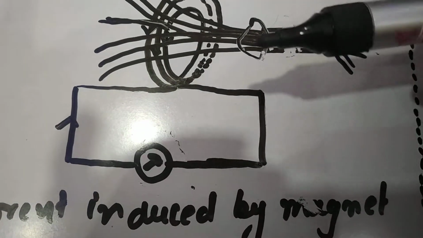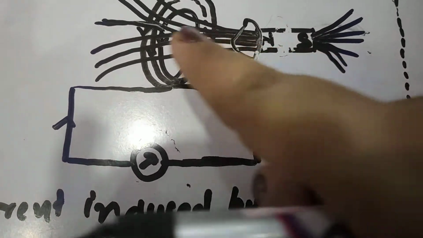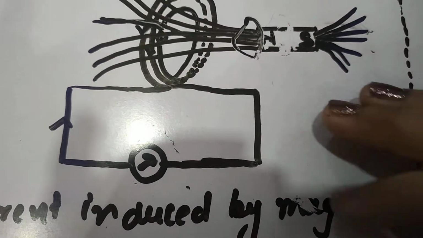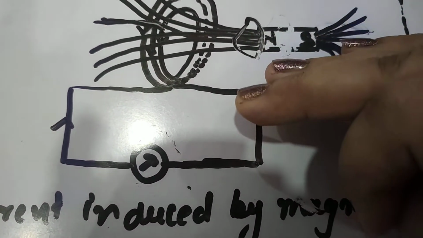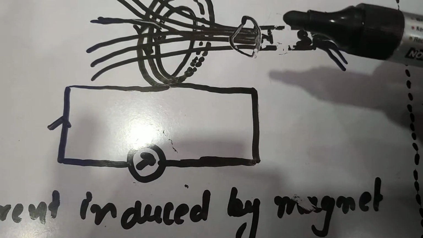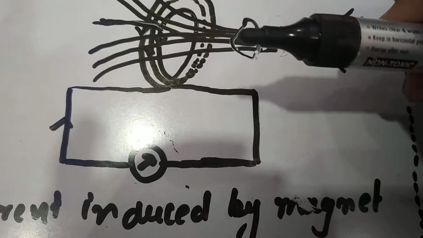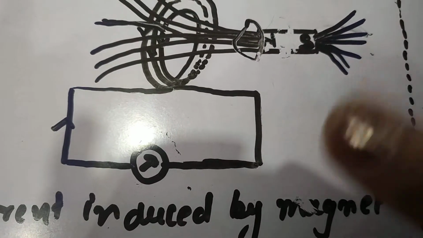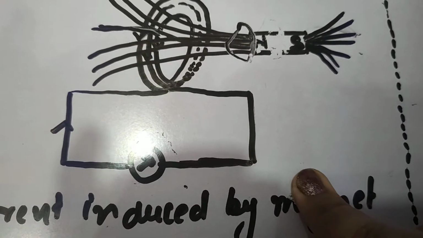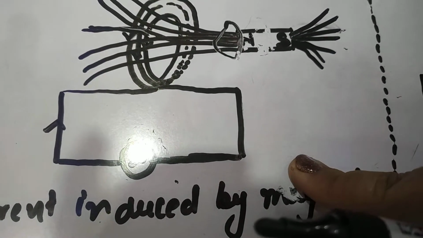When we are rotating this magnet, again the strength is the same. So changing the position within the coil vertically, and rotating the magnet at its own place, will not change the flux,